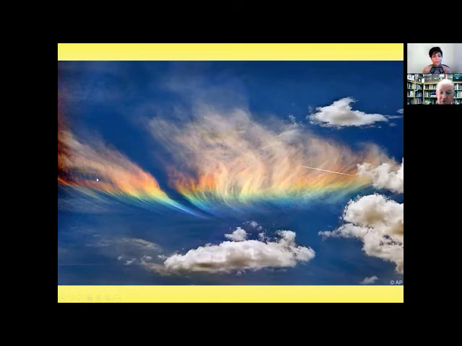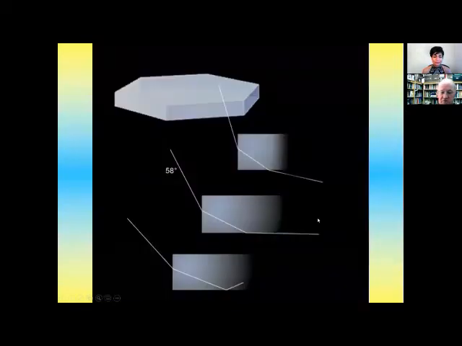Now, this has been called a fire rainbow, which is nonsense. There's no fire and it's not a rainbow. But you can see it's again caused by the presence of crystals in these clouds, because where there's no cloud, you don't see it. And that's a beautiful display. Parallel, it's at the same level, latitude or altitude as the sun. Here's some pictures going on.